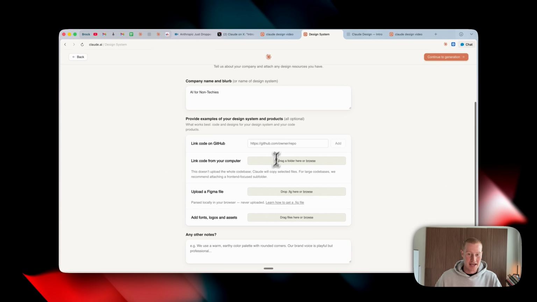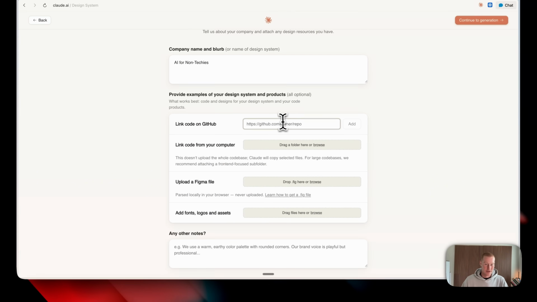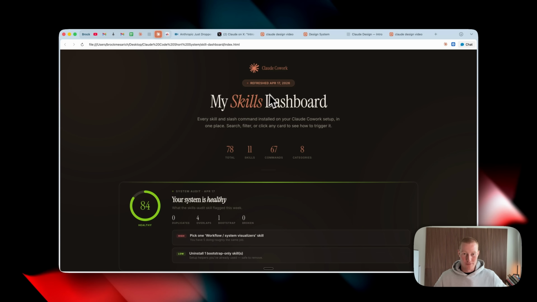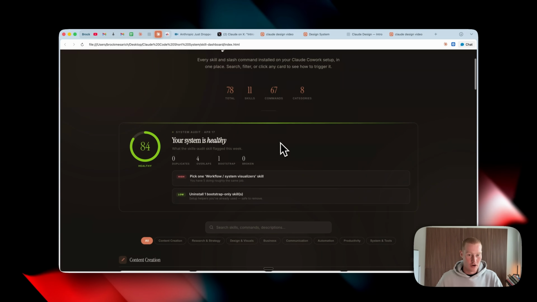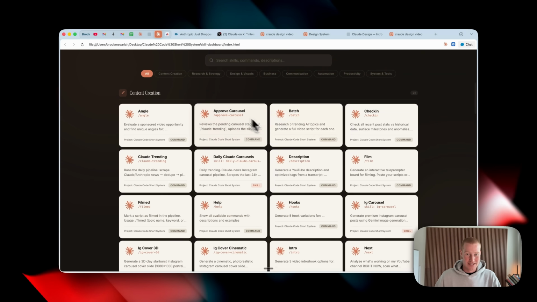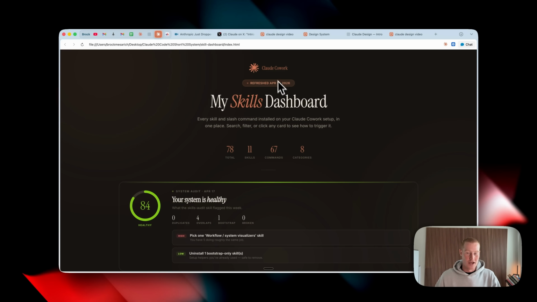Then if I had any GitHub repo, I could go ahead and link that, but let me just grab some files that I want to reference. All right, so what I want to replicate is this right here. This is my skills dashboard. This is a specific skill I created inside of Claude Cowork. This automatically adds all of my skills that I have, and I honestly just love the way that this dashboard